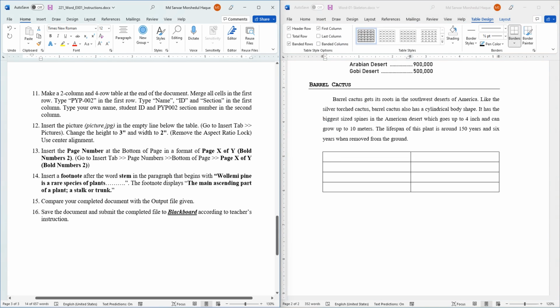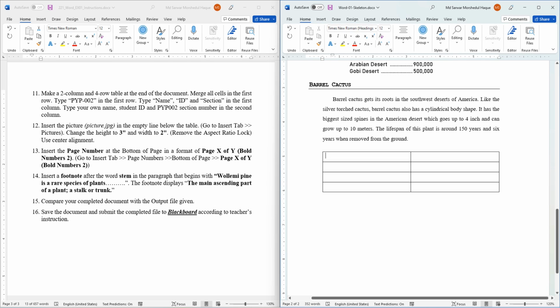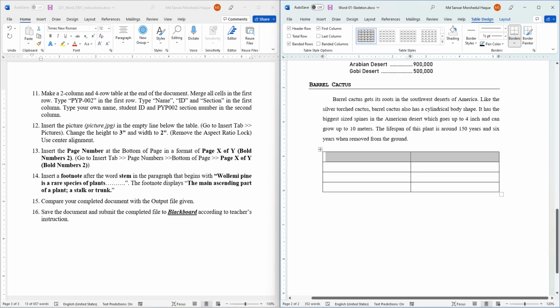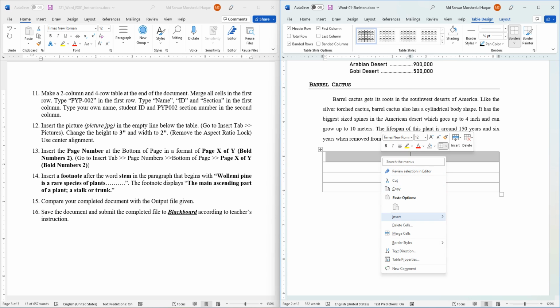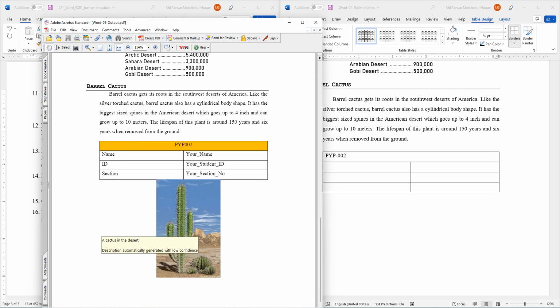Now we have to merge all the cells in the first row and type UIP-002 in the first row. So this is the first row. We select both of the columns and we can right click on this and we can select merge. Merge is basically combining the cells. So you write down here UIP-002 in the first row,